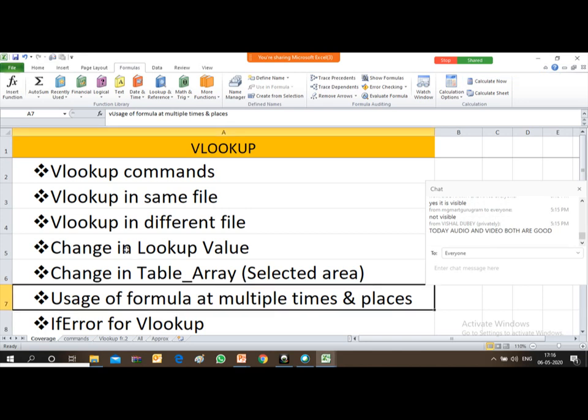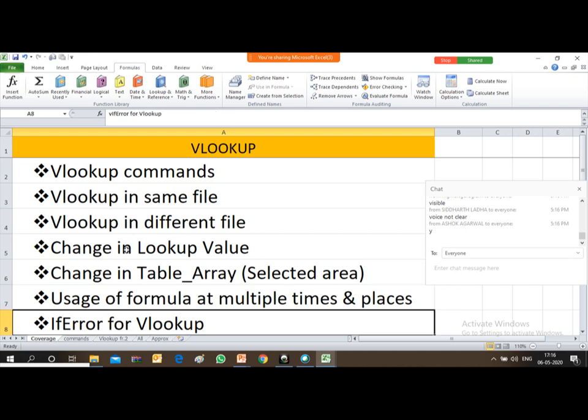So we'll cover the usage of the formula at multiple times and places, where I sometimes have to use this formula by copying it at multiple places. And then sometimes, friends, we find that when we are using VLOOKUP, if the value is not found in the selected area, an error comes.